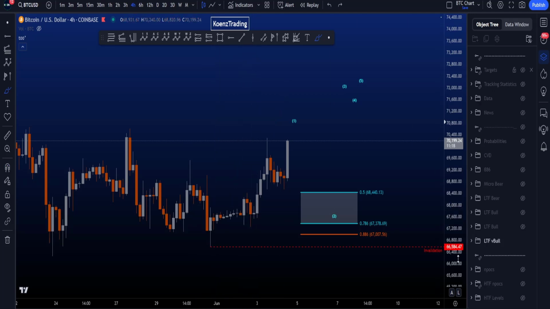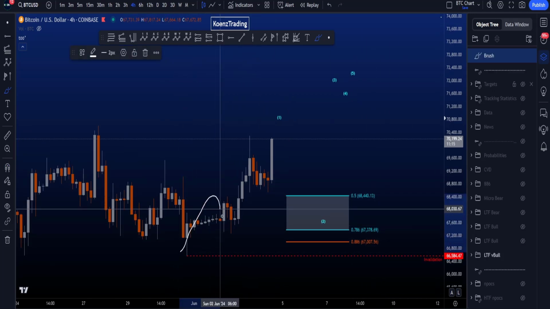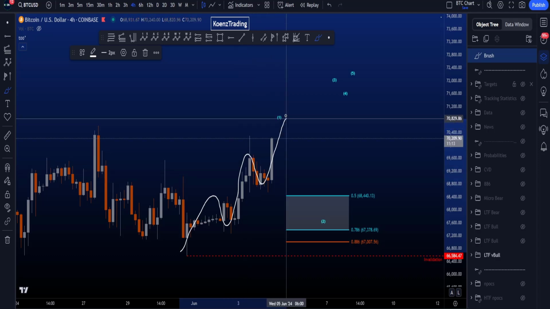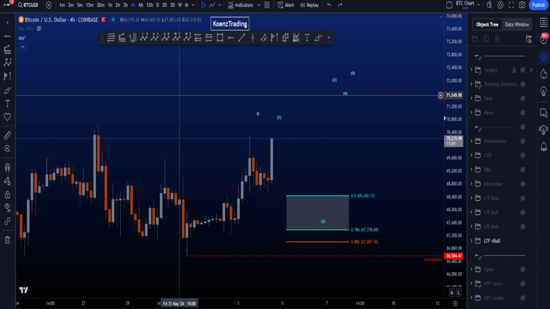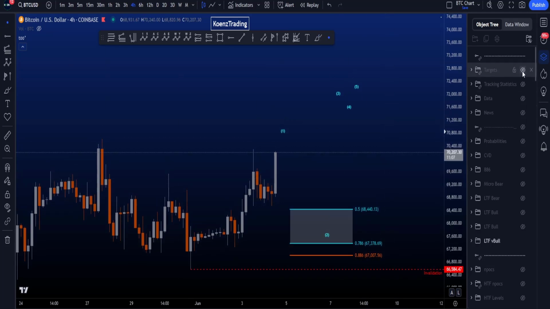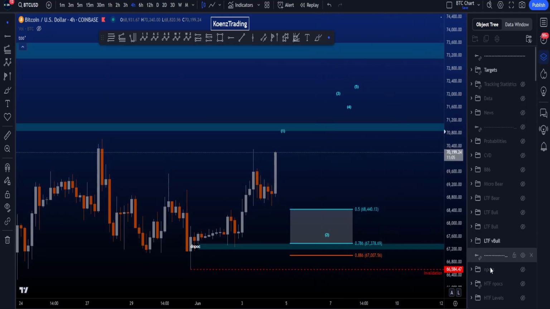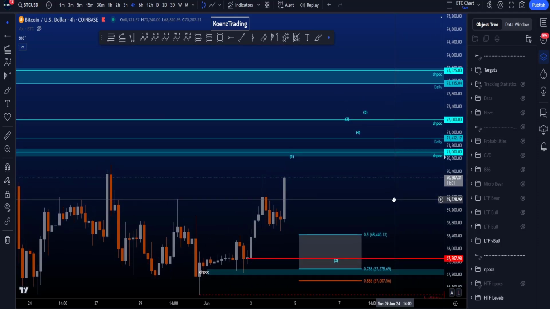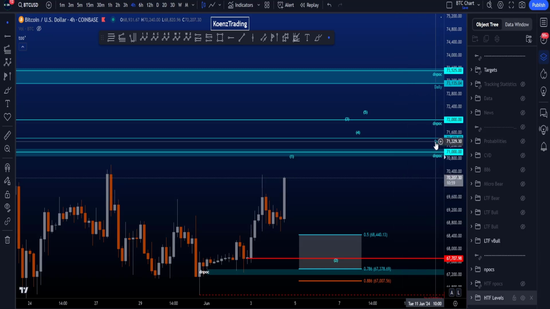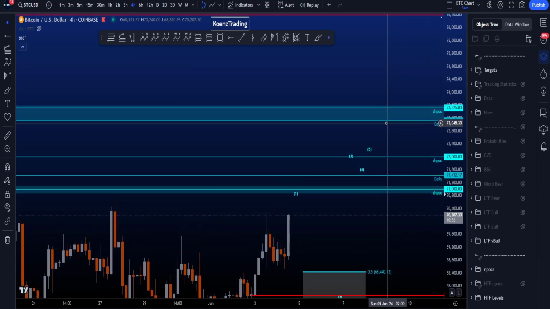An impulse is a possibility here. We can count a wave 1, 2, 3, 4 and look for one more high in a wave 5 to then finish wave 1. If we look at the resistance that we have above price, we have some resistance around 71k, which is a daily naked point of control, and just above 71k we also have 71.4k, another daily naked point of control at 72k, and then we have another box over here between 73.1k and